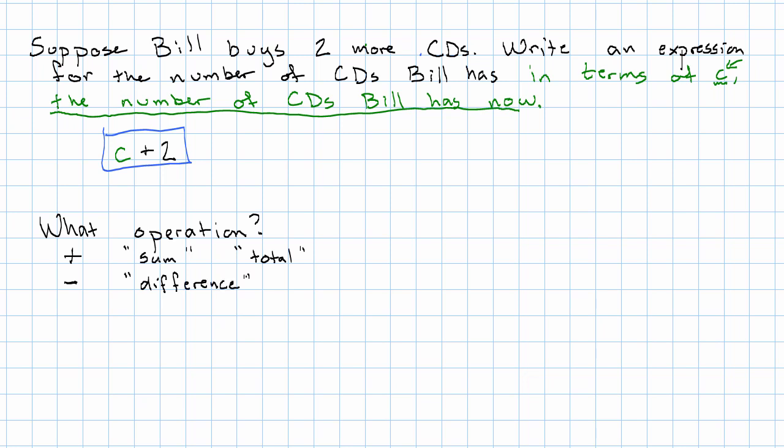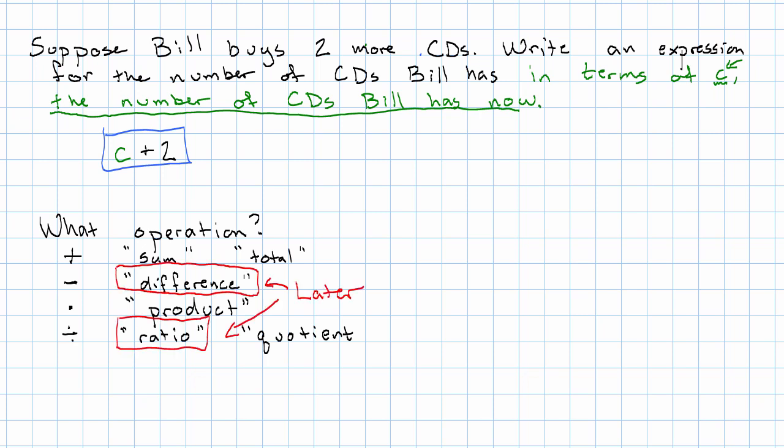We'll talk more about differences later, because order is a little bit weird there. For multiplication, we might see the word product. And for division, we might see the word ratio or quotient. Ratios also we're going to talk about later. But most of the time,